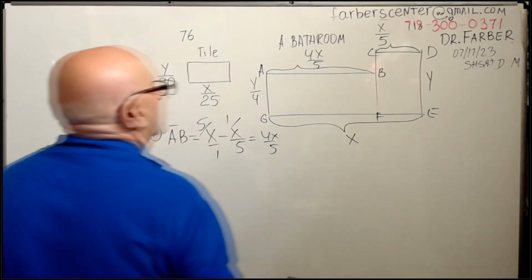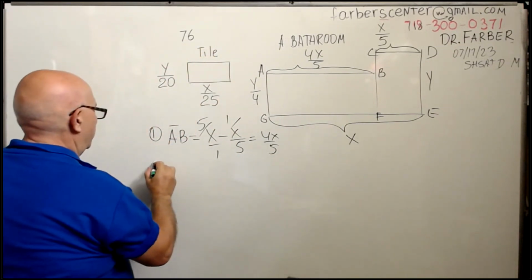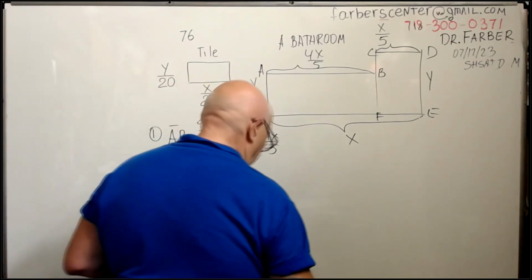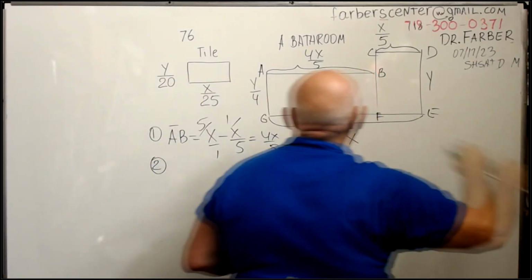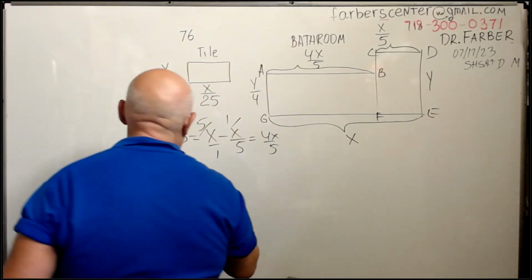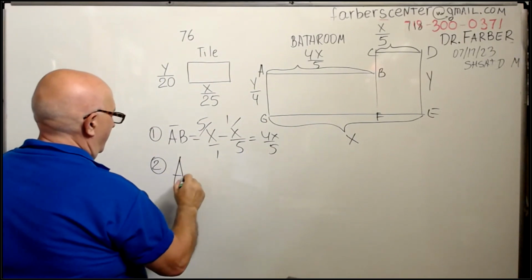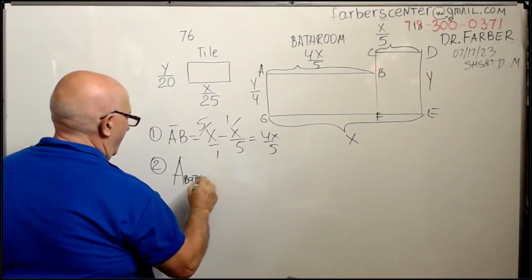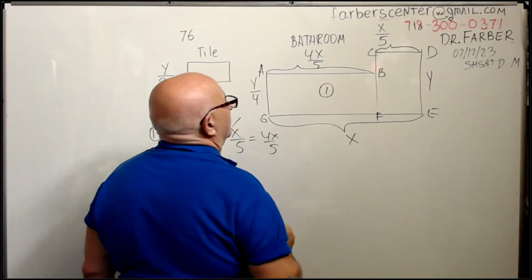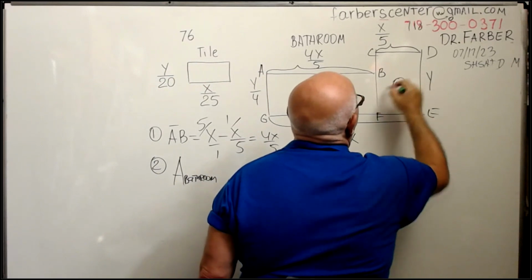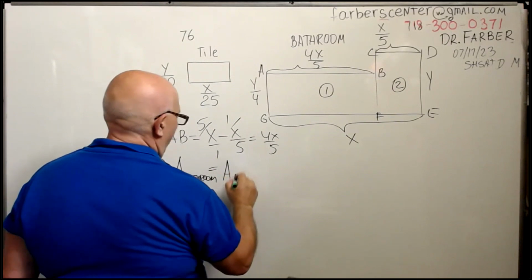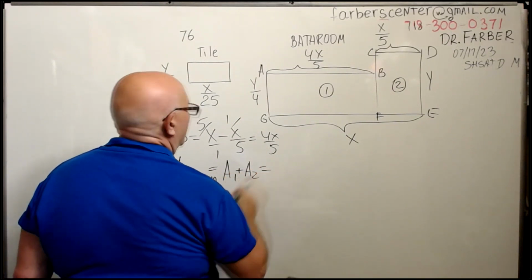Now, step number 2, I can easily find the area of the bathroom. Let me delete A, not to confuse you. Now I want to find the area of the bathroom. It equals the area of rectangle 1 plus the area of rectangle 2, equals area 1 plus area 2, equals